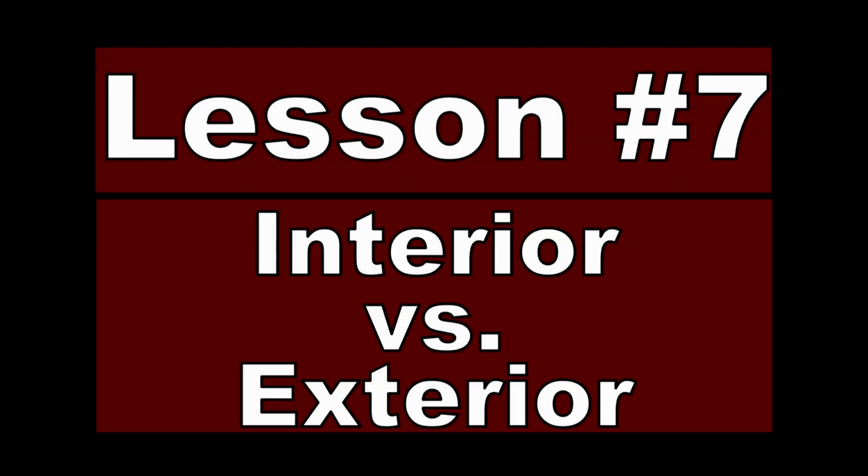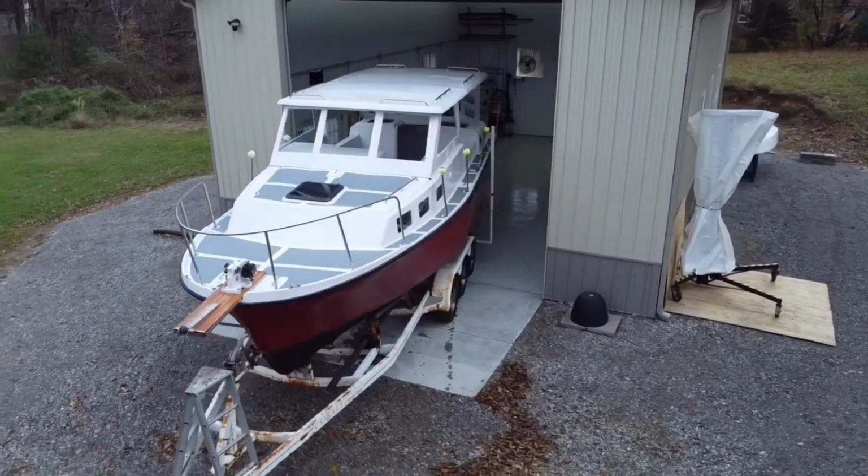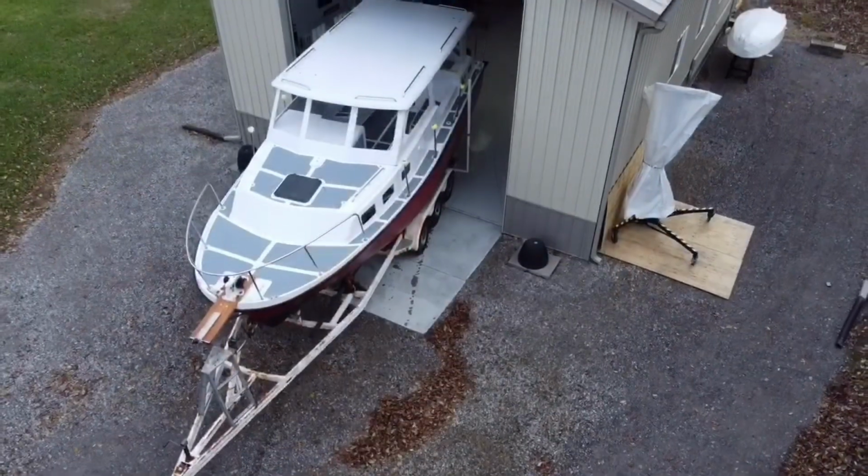Lesson number 7. Interior size versus exterior size. One of the most important lessons that I learned during my pole barn build, and really the reason that I wanted to make this video, was to point out that even though the dimensions of your building for your permits and your planning with the builder might say particular dimensions, the actual, usable dimensions of the pole barn on the interior are going to be something different. This is something that I did not plan for. I knew the interior of the building would be slightly smaller than the exterior dimensions used in the permitting and planning, but I didn't